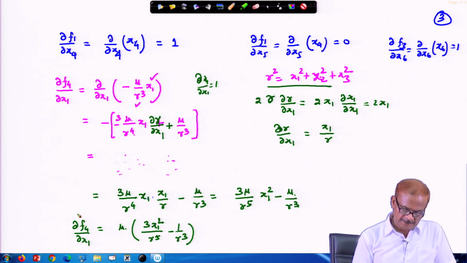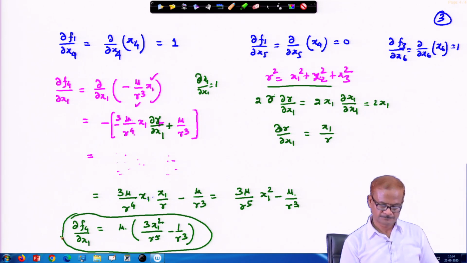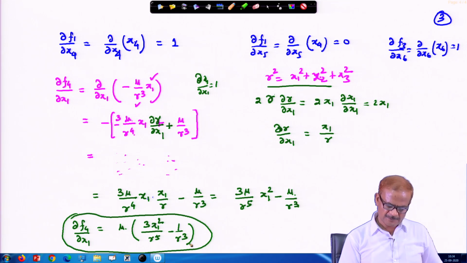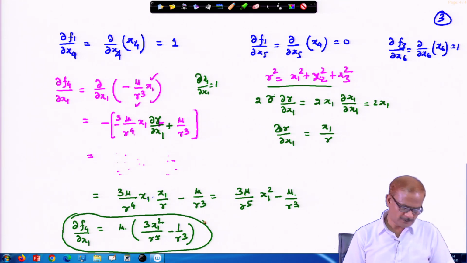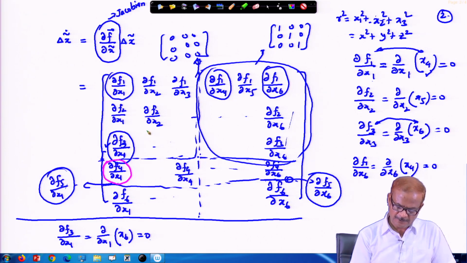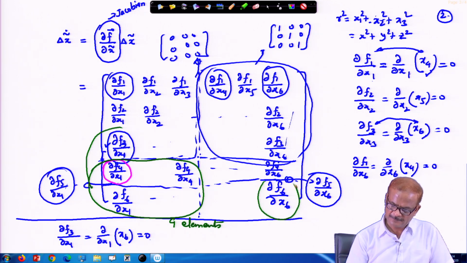So, this is what we get as the fourth row first element. And this way we can find out all the elements which are involved from this place to this place. There are 9 elements here and all these 9 elements can be evaluated. So, on the next page I will summarize this, and if you calculate this part,